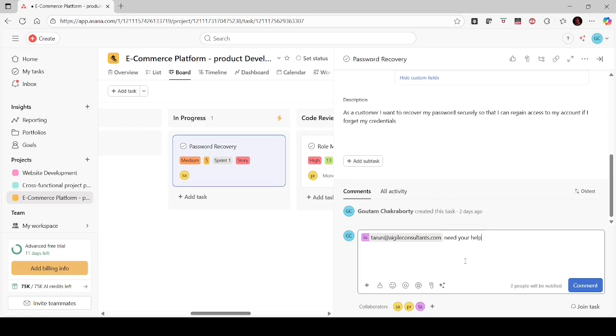So in this way he can tag Tarun. Whenever this comment is entered, a mail will be automatically triggered to Tarun, so Tarun will get the notification. And also during the daily stand-up, the team can discuss these things if anyone gets a notification. From the comment section you can easily identify that Sanjay required help from Tarun for this particular